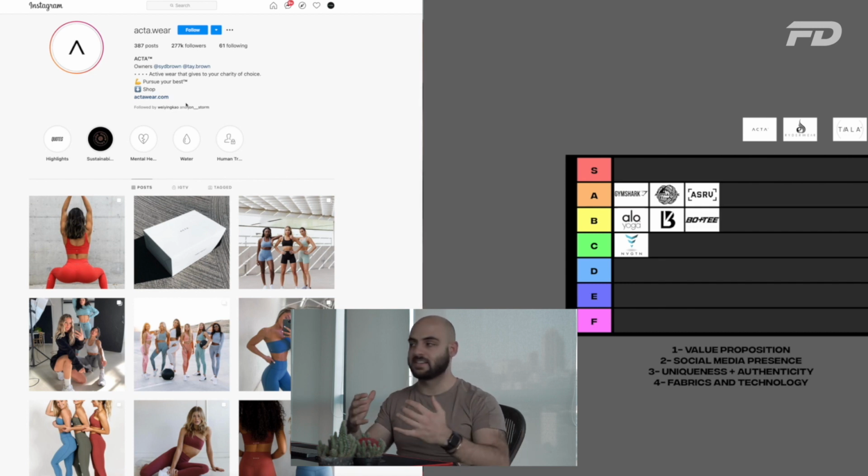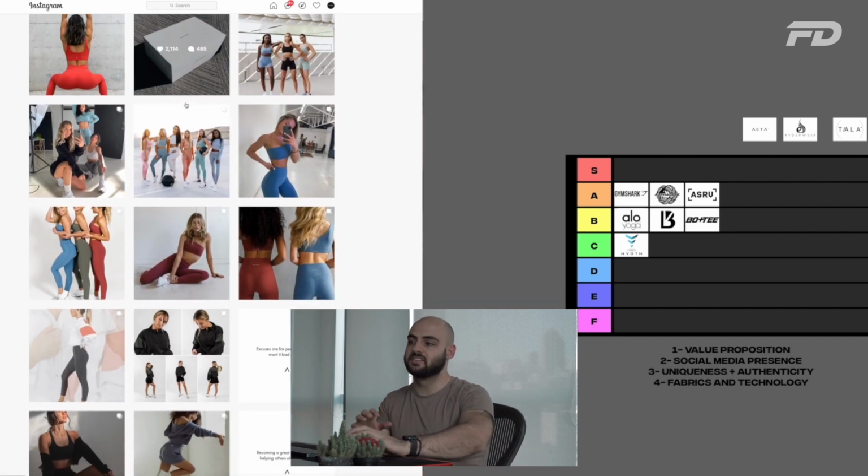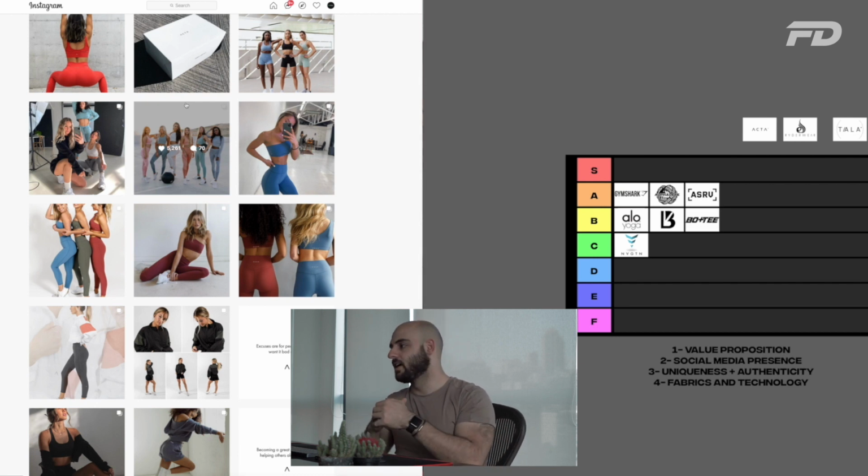I think there's a lot of investment in that route, and they're definitely trying to give something that feels authentic to them. It's very tough to escape that Lululemon comparison, especially when you're targeting that Lululemon market, that soft activewear market, a bit more mature in its approach than some of the bombshell sportswear items or Gymshark. So their social media presence is good. They're definitely investing into consistently creating new campaigns. When it comes to their uniqueness and authenticity,